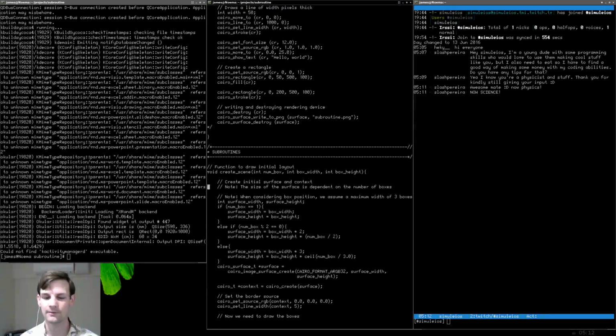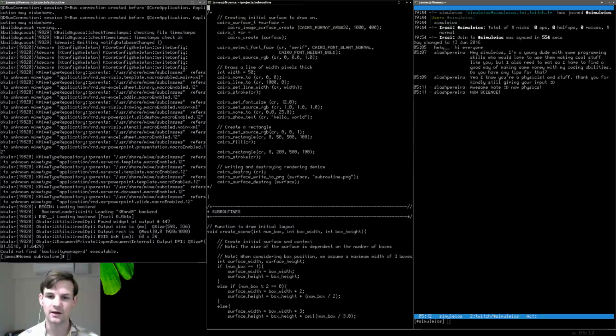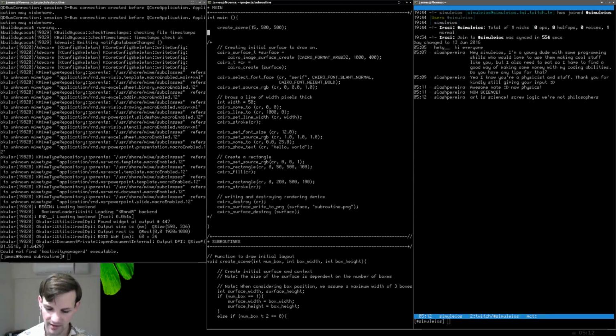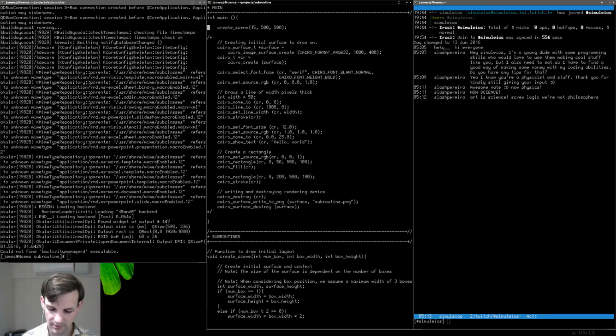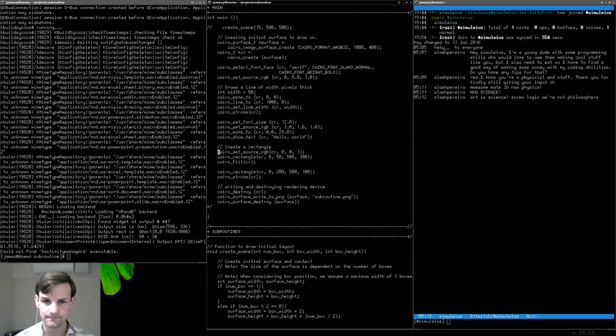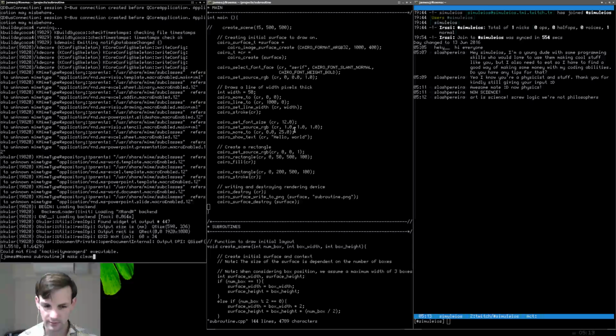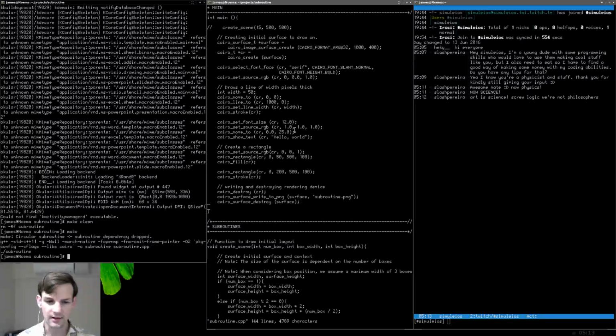The first thing we need to do is see if we can draw two things on two different contexts to the same surface. So create scene. Here, let me go ahead and comment everything out. So now we have everything all commented out. And let's redraw this, see what it looks like. Write this, go over here, make clean, make. And now we're gonna see,